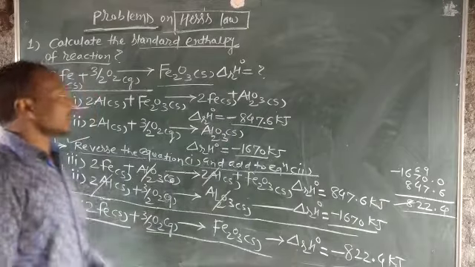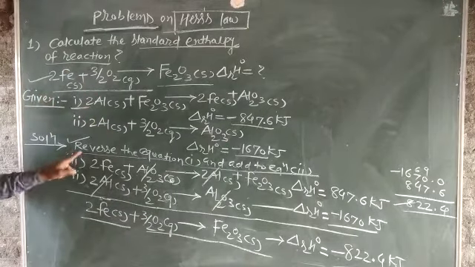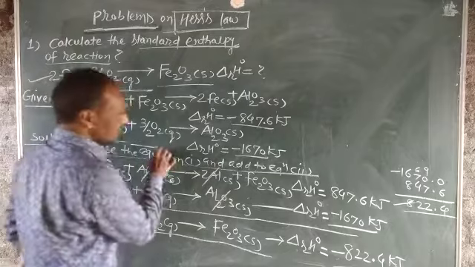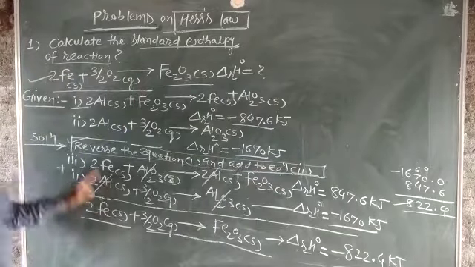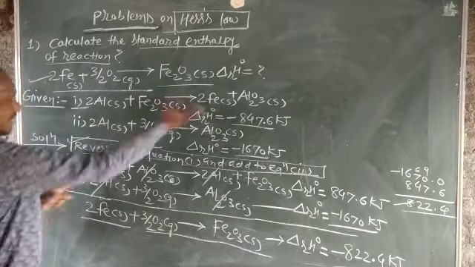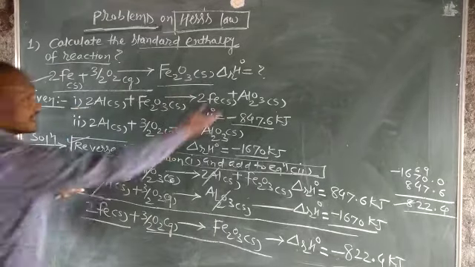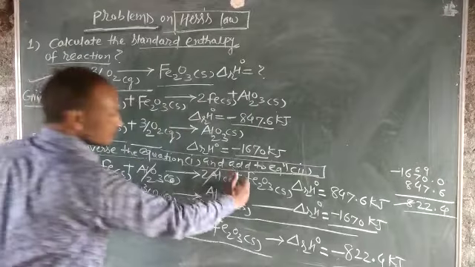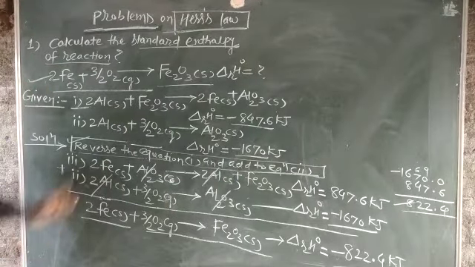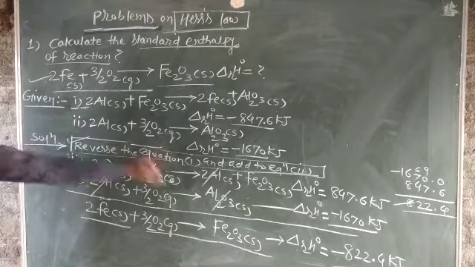To solve this problem, this step is very important. Reverse the equation. Okay. This step is always very important. This step, what is it? Reverse the equation 1. Equation 1 reversed. So after reversing the equation 1, this side goes to this side and this side goes to this side. या साइडला हे गेलं आणि या साइडला हे आलं. मग अशा प्रकारे आपण इक्वेशन 1 ला काय केलं, रिव्हर्स केलं.